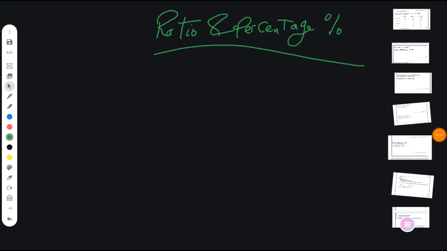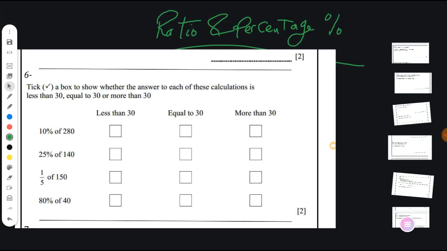Welcome everyone. The lesson today is about ratio and percentage. Okay, I will explain every step of how to use the ratio to solve problems and how to use the percentage over the problems. Okay, as an example from paper 1,